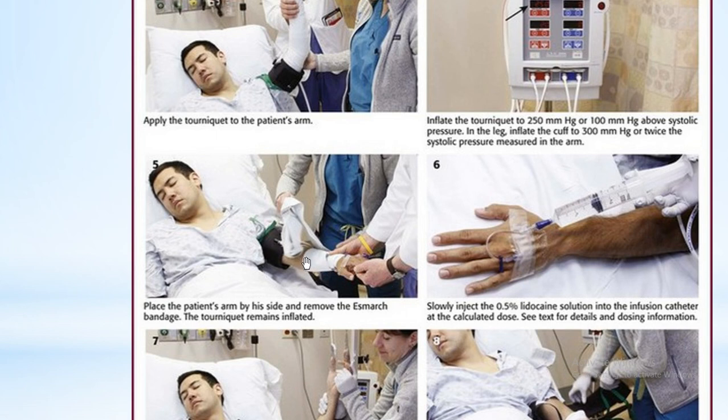Now blood from this region has been removed. The hand is lowered and the elastic bandage is removed, and after this you have to inject your local anesthetic in the catheter which you have placed. Slowly you are supposed to use a specific amount; 0.5% lidocaine is used for this purpose. Slowly it is infused through the catheter and your drug goes directly into the veins. Mind you, it is an intravenous injection, but is blood present over here? No. You have removed all the blood because the tourniquet is present. Now blood is not coming to this region, but only your anesthetic is entering your veins.